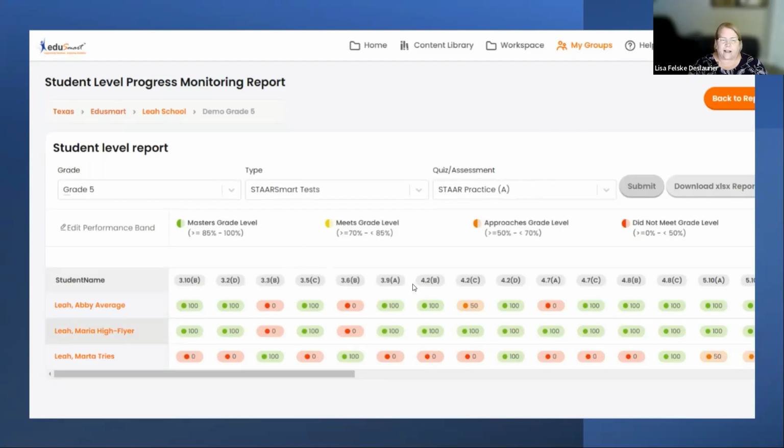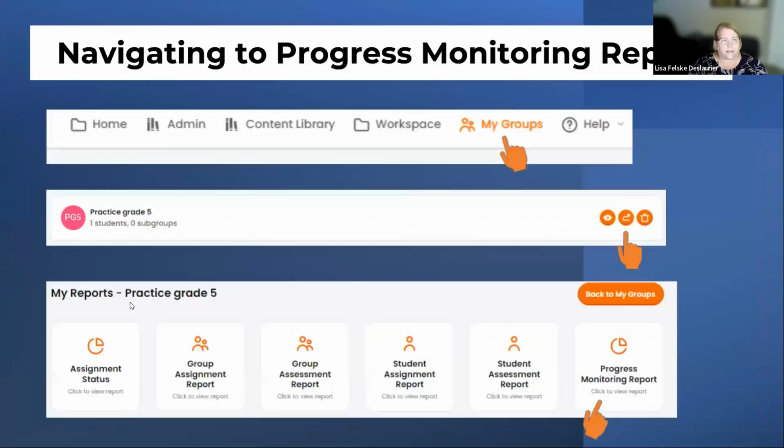And so that's why it has some 3rd, 4th, and 5th grade peaks on here. And if they got 50% or 100%, it could be there was 1 question. This one, maybe there were 2 questions, but they got 1 of them correct. So that's why we have numbers like this, all the data together. So how you find this within EduSmart is you go to your My Groups,